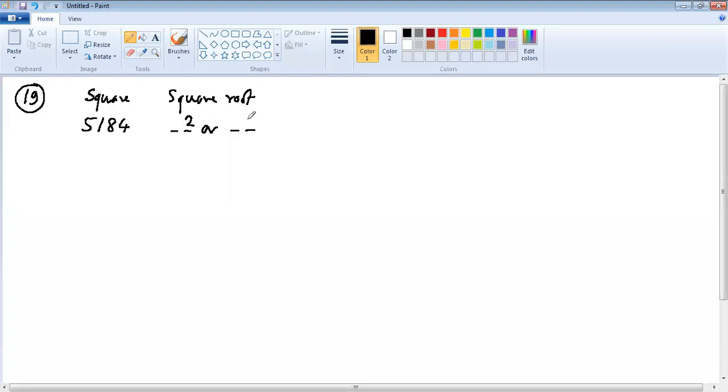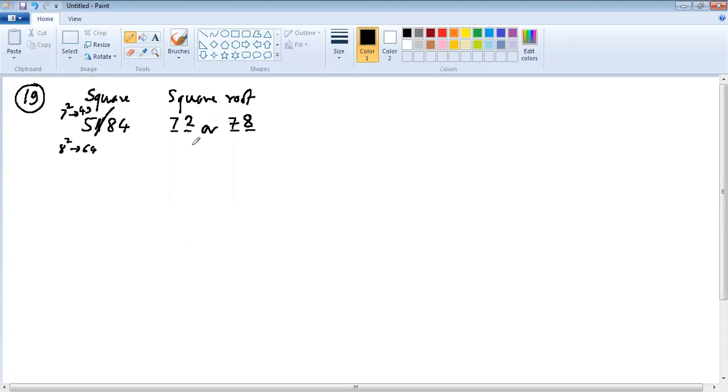The other option is complement. Complement of 2 is 8 here. Next step, remove last 2 digits. 5184. So when you remove last 2 digits, what remains is 51, which is between 7 square, that is 49, and 8 square, that is 64. So just clearly understand it, it is between 49 and 64. So we have to take lower side, so 7. So answer is either 72 or 78.